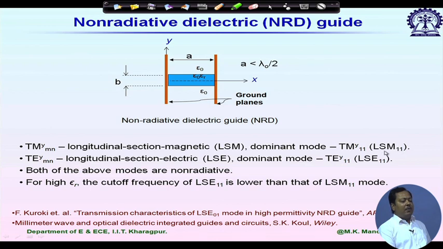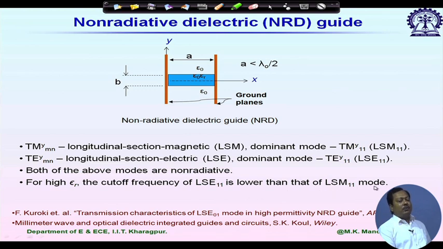LSM11 for the fundamental mode and LSE11. The full form is longitudinal section magnetic. That means in the propagation direction mainly we will be having the magnetic field component, and in the second case, longitudinal section electric, in the propagation direction mainly we will be having the electric field components. We will see that for high epsilon r the cutoff frequency of LSE11, which is actually TEy, is lower than that of LSM11